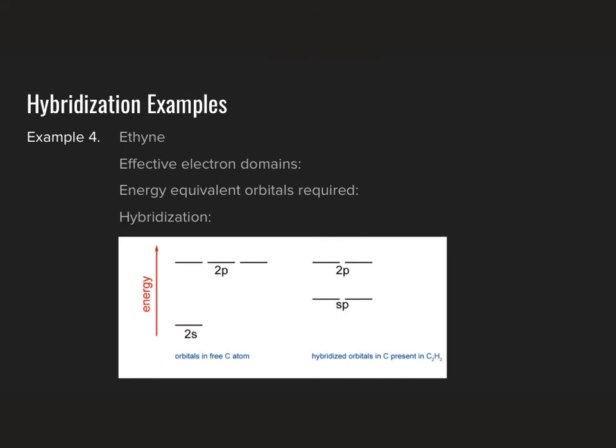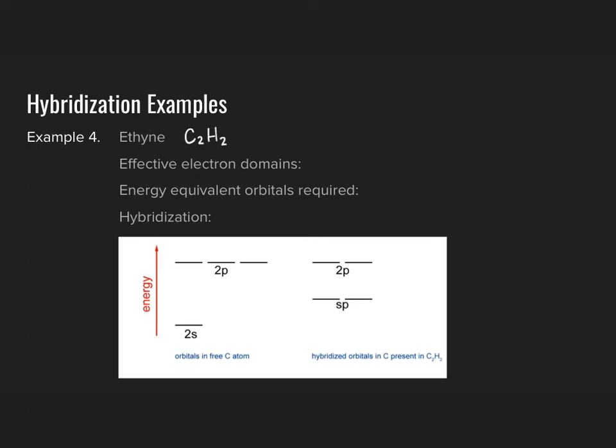So now that we've done ethene, let's try one more, which is the ethyne molecule. Ethyne is an alkyne molecule, which is a hydrocarbon which involves a triple bond. The formula for ethyne is C2H2. And we'll follow the same procedure that we did last time to determine the hybridization within the ethyne molecule,